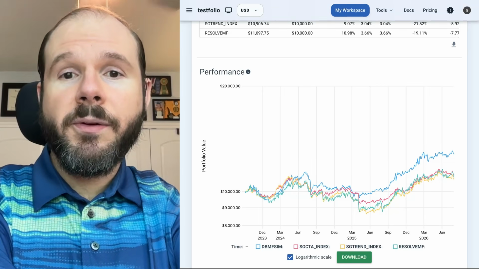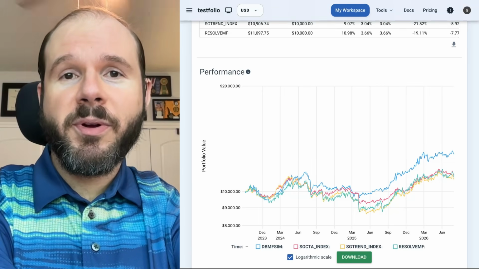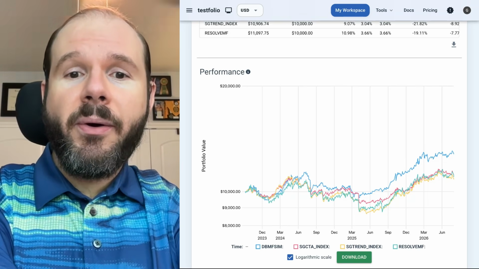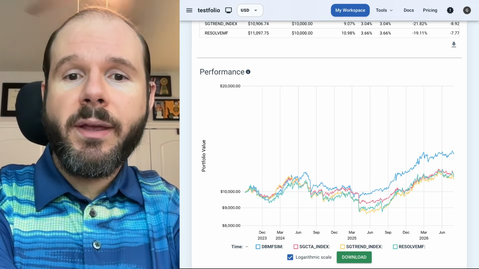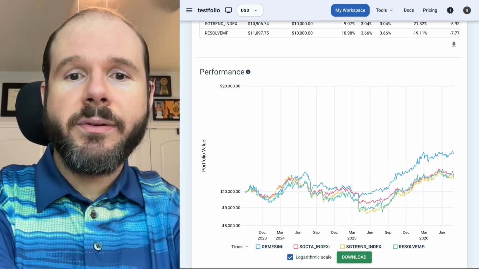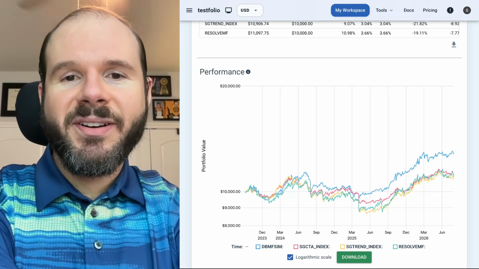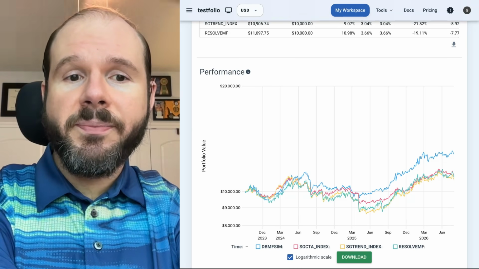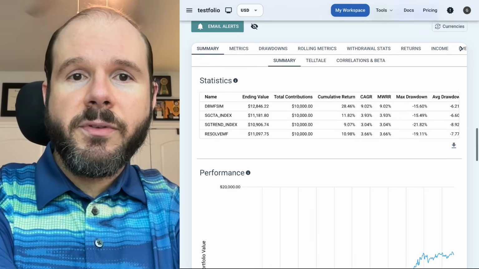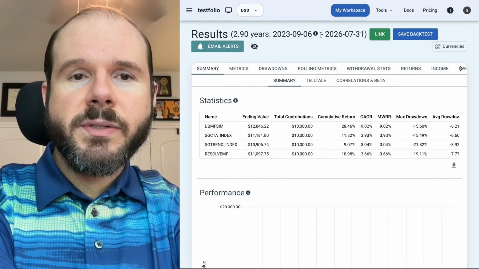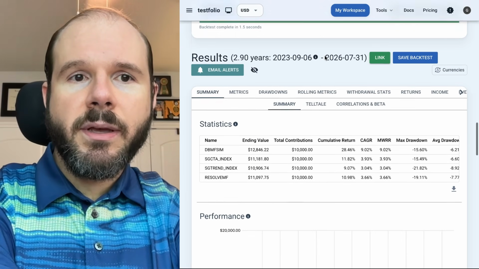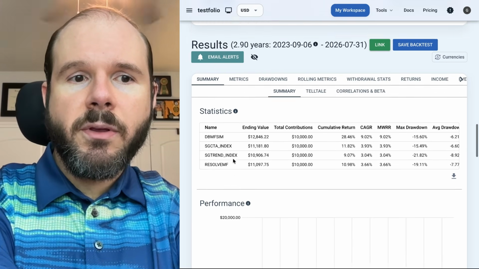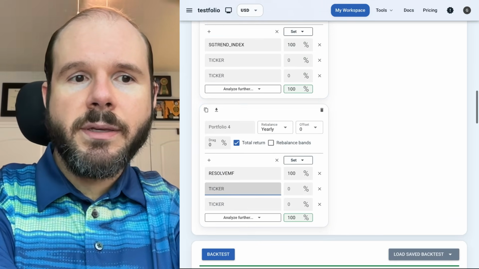Talking through theory and going through a PowerPoint presentation is one thing, but actually seeing how these strategies track or don't track their underlying indices, that's entirely another thing. And I want to show you in testful.io. I've constrained it right here to just since the inception date of RSST, and Resolve Managed Futures is the